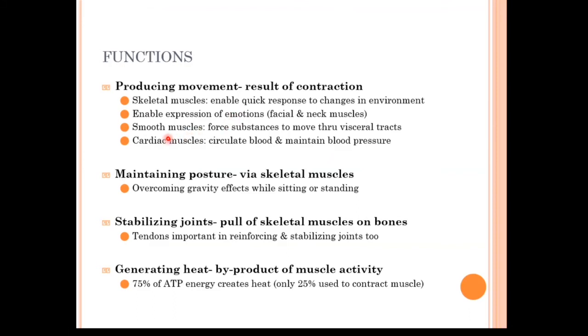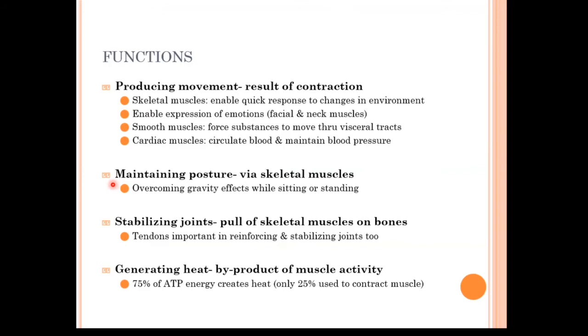Then there are some smooth type of muscles which are responsible for the movement of the different materials through the body viscera. Right? So like the blood moves in the vessels, it is due to smooth muscles. The food that moves in the alimentary canal, that is due to those smooth muscles. And finally, the cardiac muscles are responsible for the continuous cyclic movement of the heart, or pumping of the heart, and it maintains the blood pressure. Right, so